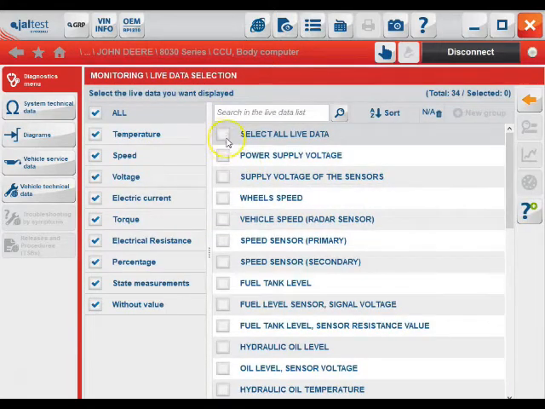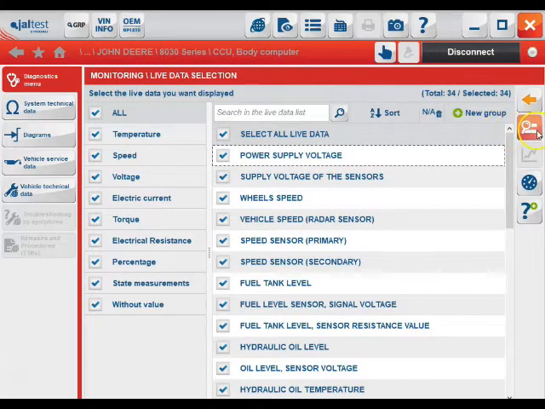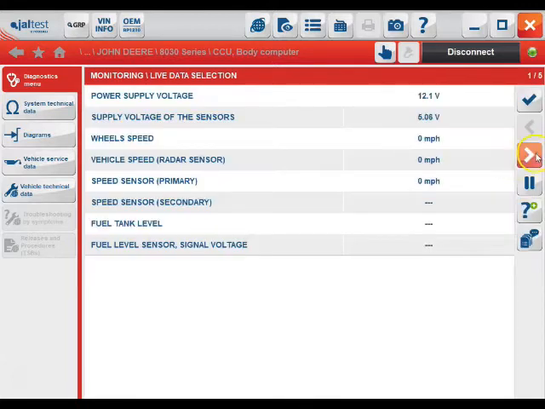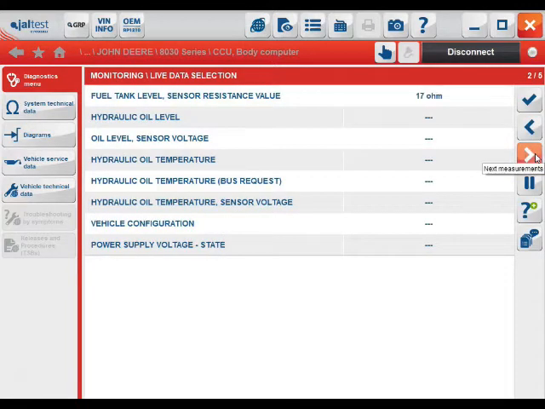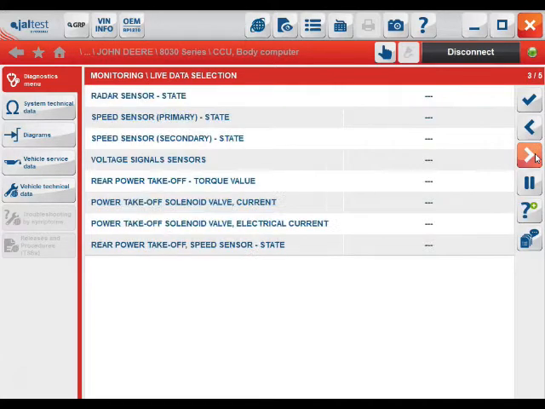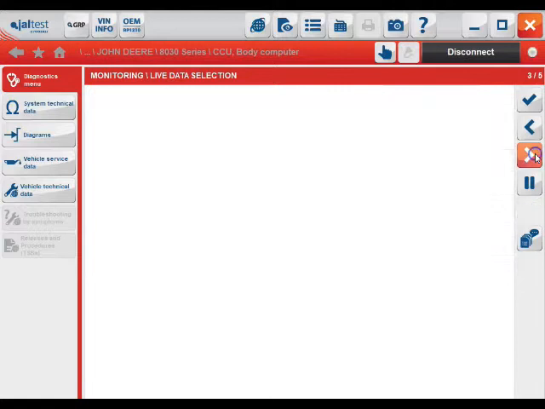Okay, you get a total of 34. You can narrow this down. You don't have to choose all 34. I'm just choosing these for the video's sake so you can take a look. 5 different pages. I'll kind of scroll through rather quickly here as they populate. And page 4,